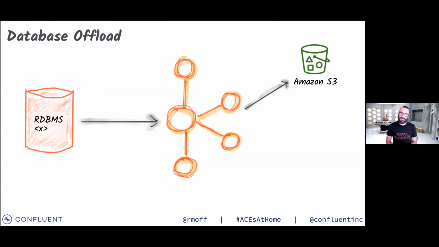Kafka is also highly scalable. So if your database gets a massive burst of throughput, that's fine. Kafka keeps up with that ingest of data, it applies the back pressure as it needs to, and it sends the data to S3 as it wants to. But because we keep our data in Kafka, we can reuse it.